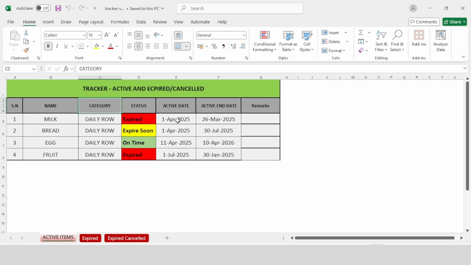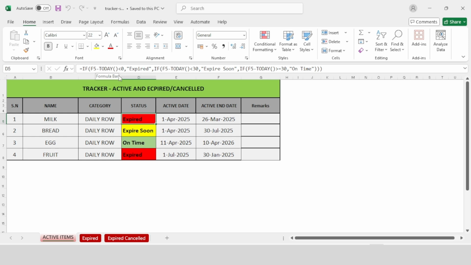I have applied a formula, which you can see here: equal to IF, F5. This is row 5 and F is the expired date column. F5 minus TODAY, bracket close, then less than 0, comma, then in quotation marks "Expired", then comma.